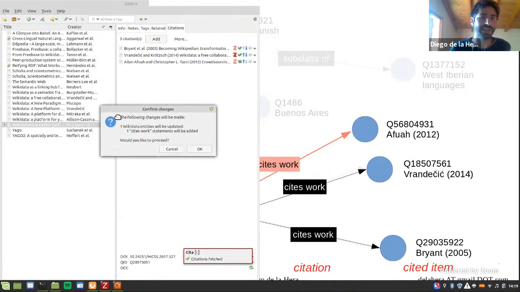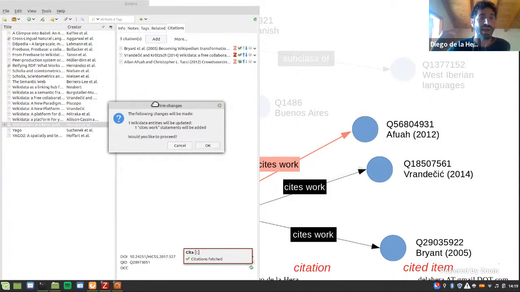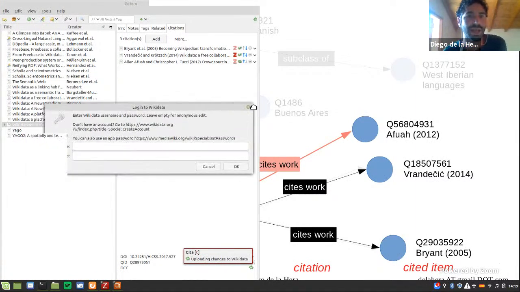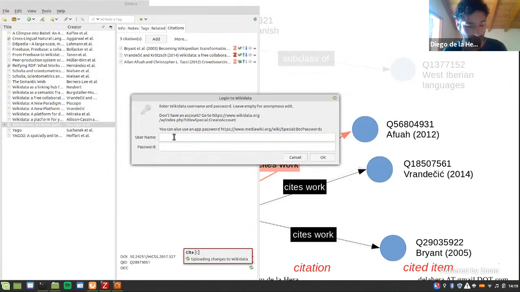So here it tells me that if I continue, an entity in Wikidata, that is the citing item entity, will be updated with this new cites work relationship. I click OK. It's going to ask me for my Wikidata credentials. I can continue with this anonymously, but